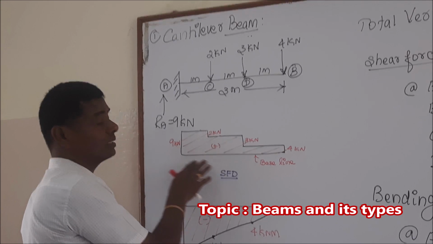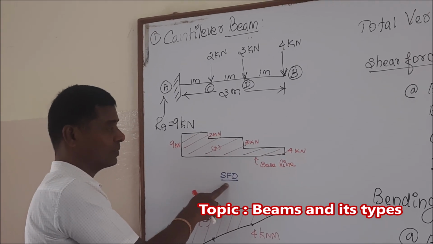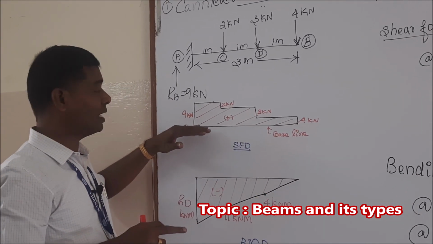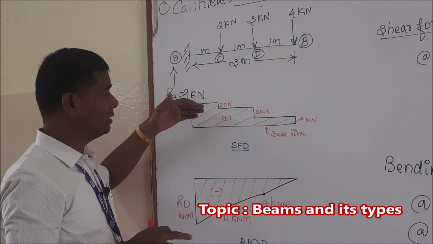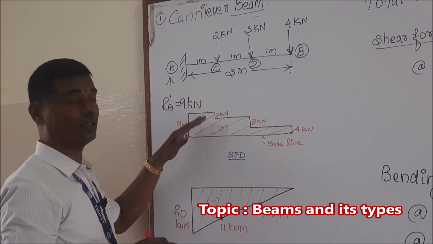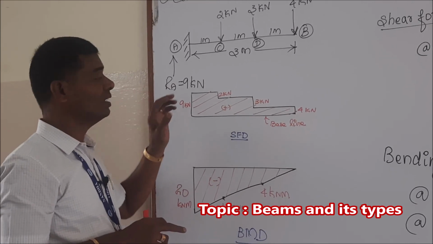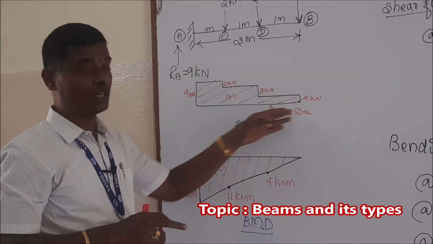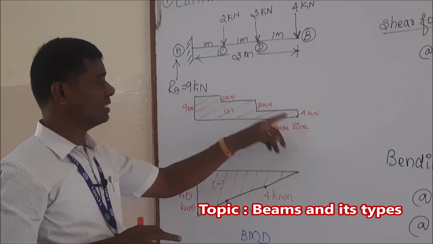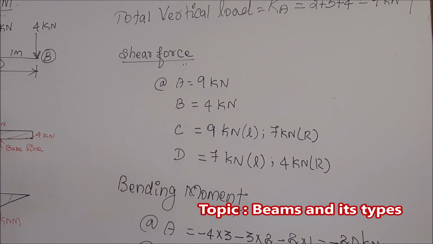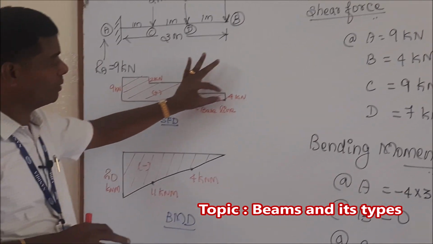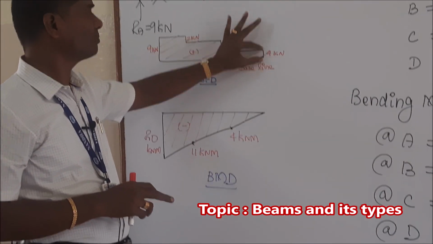So, this diagram is nothing but the shear force diagram. If any diagram is plotted above the baseline, it is called a positive diagram, and below the baseline, the diagram is treated as a negative diagram. Accordingly, the shear force values at various points, that is A, B, C, D, are written like that. The shear force at A is 9 kilonewton, then B is 4 kilonewton, and at